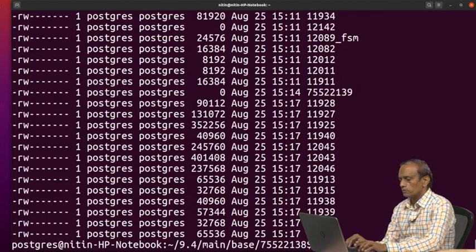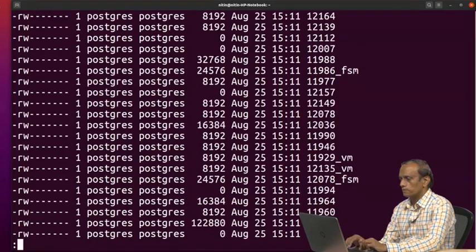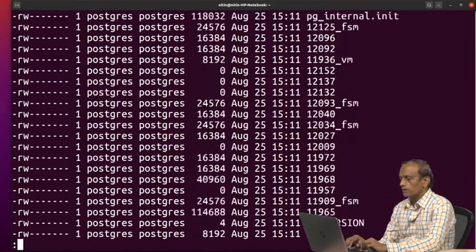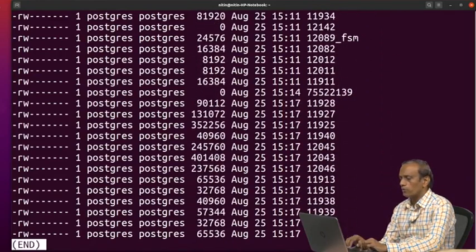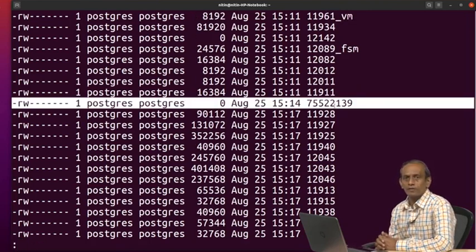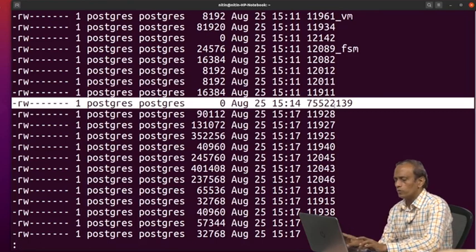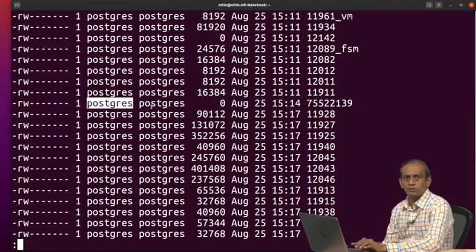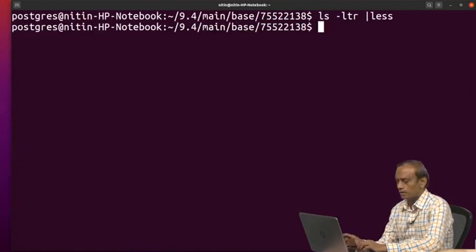Now let us write ls -ltr and pipe it. Now see the numbers. Let us find out whether we get a number with this. So, this was our table, 139. Now, if I talk about this table 139, who is the owner here? Nitin. So, the ownership would be with Nitin, but the data directory would be handled by Postgres only, though internally it is there.